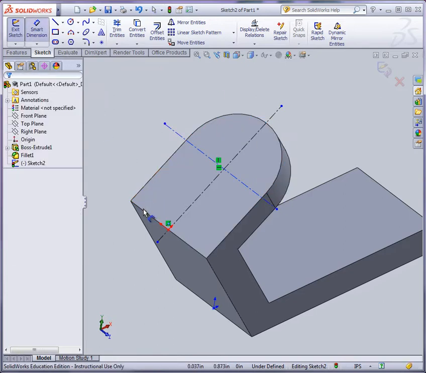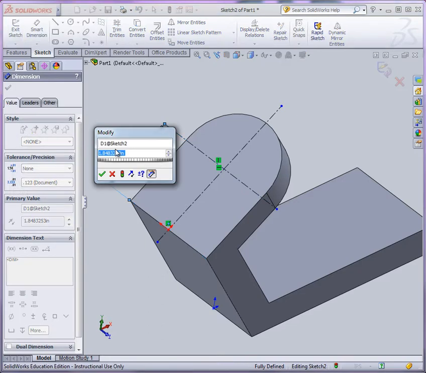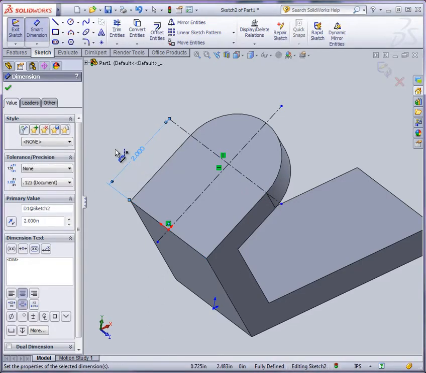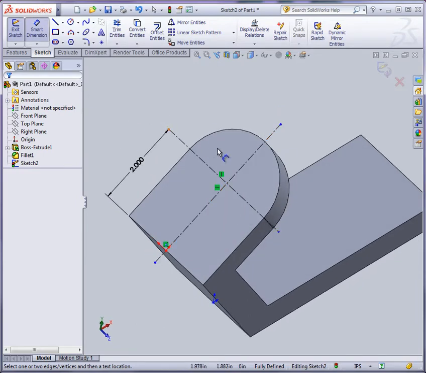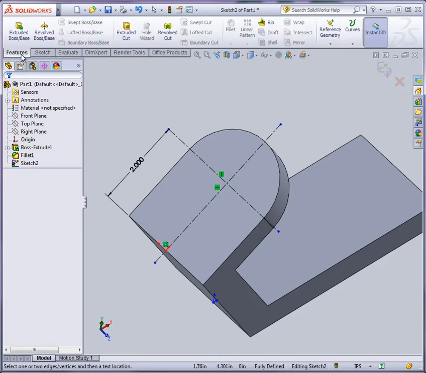This is where we could use our smart dimension and basically select this edge and the reference line, and then simply add a dimension such as 2.00, right? And that'll do it too. So this is just helping us establish the reference geometry, which is going to further help us establish our feature geometry. Now that we have those reference lines, now what we could do is we go back to features, and